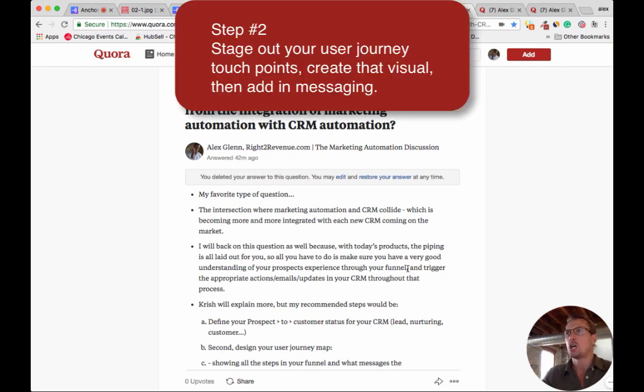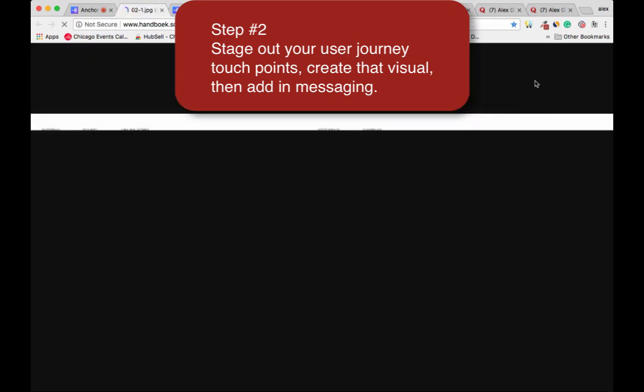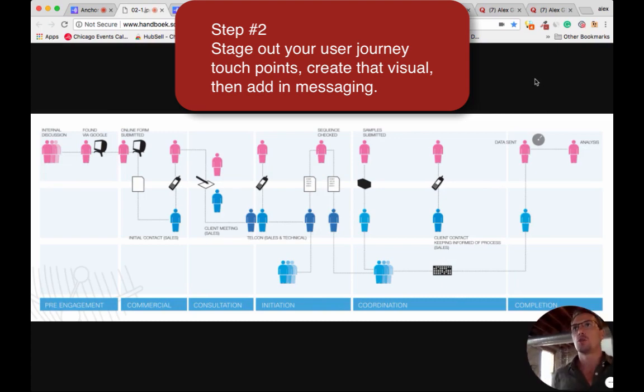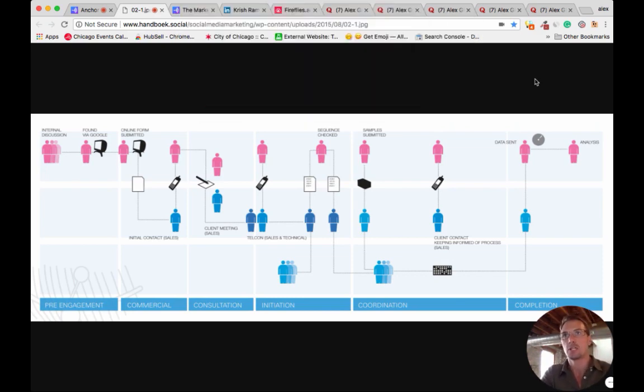Second, you want to design your user journey map. And I'm going to show one on screen that I really like. It's a good visual. It shows kind of where all the touch points happen at each step. And what you need to do is go ahead and map out your customer journey, show the flow, each touch point in your sales and marketing process, because then the next step is to go ahead and map out the communications. When does that first onboarding email go out, and the second one, et cetera, et cetera.